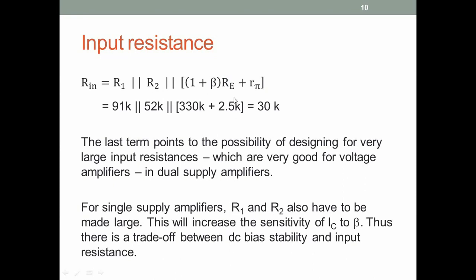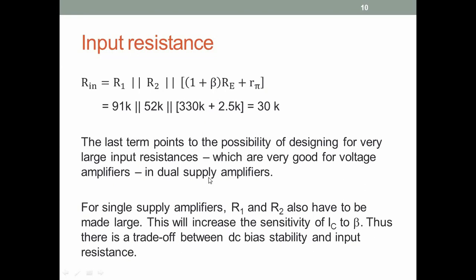Now you recall that if you have a dual supply amplifier, then R1 and R2 are not required, and in that case Rin will simply be this last term, and this last term can be very large, 330 kilo ohms for these values, and Re is actually not very large, it is 3 kilo ohms. It can be made larger. Beta can also be larger. So this circuit has a potential of providing a very large input resistance